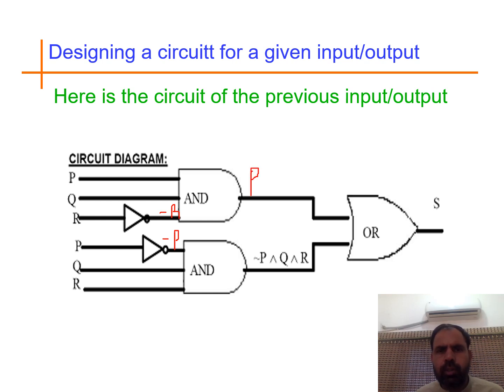Similarly we can write here P and Q and negation R. So these two expressions, when we combine them with OR gate, this becomes negation P, we can write P and Q and negation R,